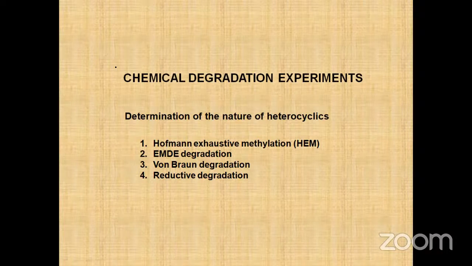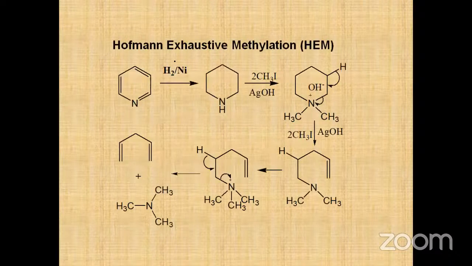Okay. Now, first coming to the HEM method, Hoffman exhaustive methylation. In the Hoffman exhaustive methylation, the heteroaromatic ring cannot be subjected to HEM. It is first reduced to the corresponding saturated heterocycle by catalytic hydrogenation. We are using nickel as the catalyst. Catalytic hydrogenation is applied on the aromatic heterocycle, converting it into the corresponding saturated heterocycle. That is, pyridine is converting into